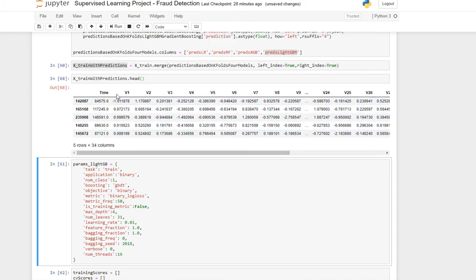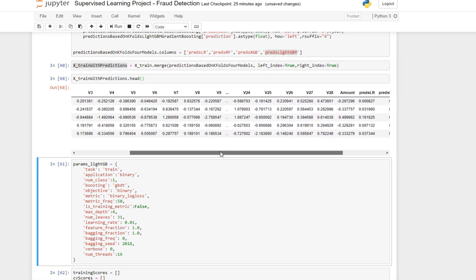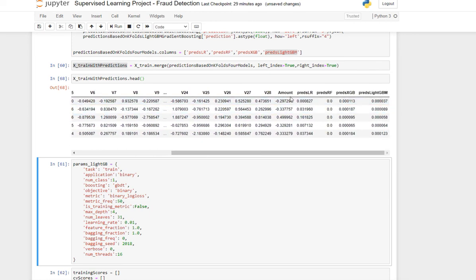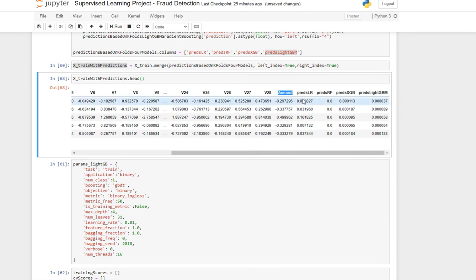So you see time, V1, V2, V3, that's coming from the X train, V8 to amount. And then now we've added our prediction LR from the logistic regression. So this is the probability of this record being 1 coming from logistic regression, and so on. This is the probability of it being 1 from the random forest for these records, then XGB, then light GBM. That's pretty much what we did. So we've created a new